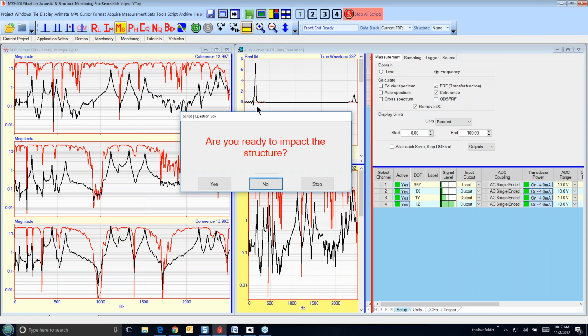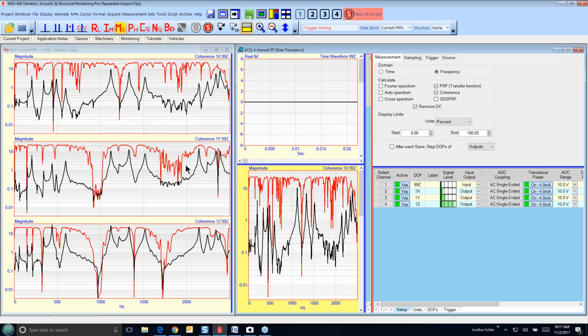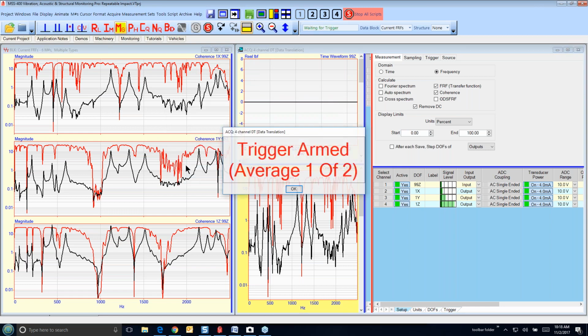acquisition here, and it's going to come up and say, are you ready to impact? So I'll say yes, and I'm going to go over and pick up the hammer, and it's waiting for me. I've got the acquisition window set up to trigger, and I'm going to take 2 averages. Again, I can't look at coherence unless I take at least 2 averages.